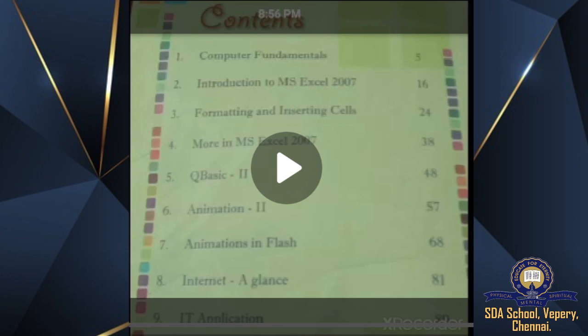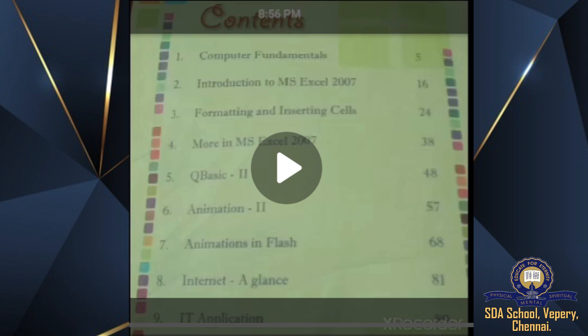And we studied about introduction to Windows 7. We studied about MS Word 2007, formatting in MS Word 2007, advanced word processing, programming fundamentals using QBasic commands. All these things made us learn more about computer. And also we mainly learned about units like input unit, central processing unit and output unit, and also memory unit, control unit, arithmetic unit. We have studied all these things. They helped us so much in learning computer science.